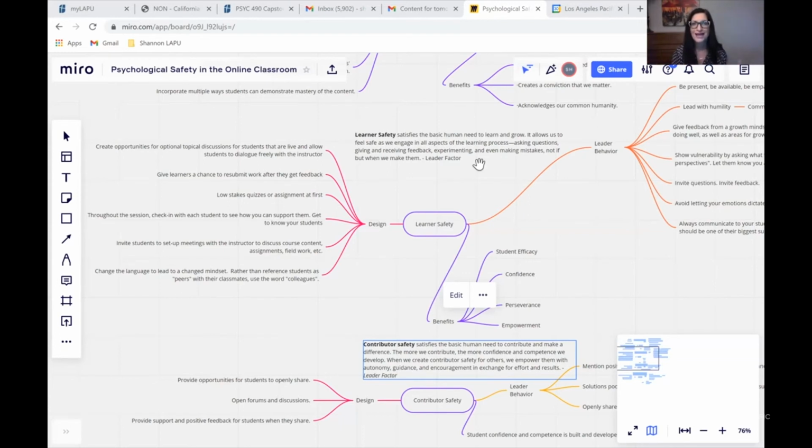I'm going to give you one last idea because I don't want to go too long here. Another thing that you can do, again, you want to get to know the student. The relationship between the professor and the student is very important in terms of learner safety, okay? Again, we want to show them that we are their number one supporters. We want them to succeed in how they define success.